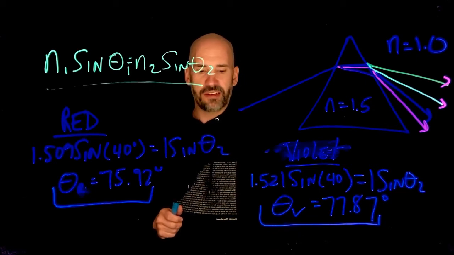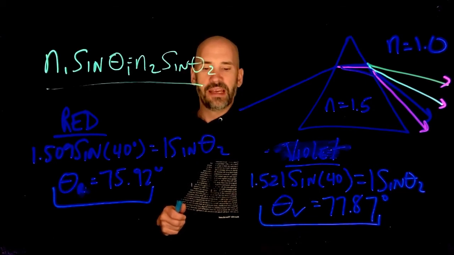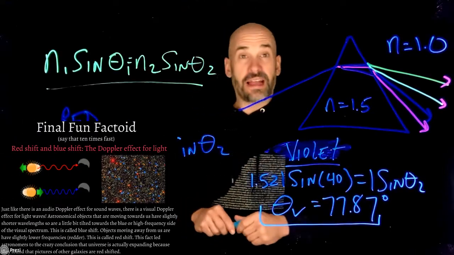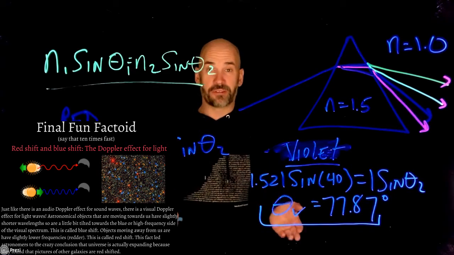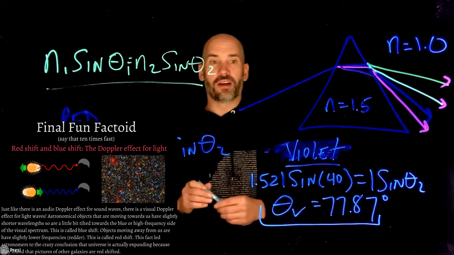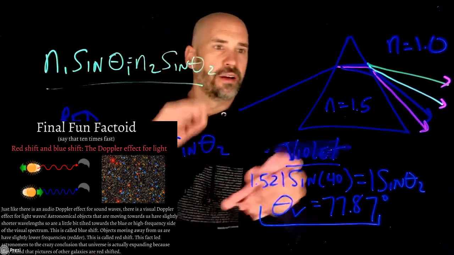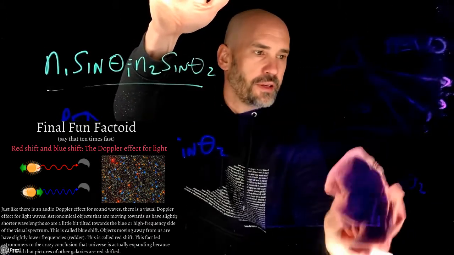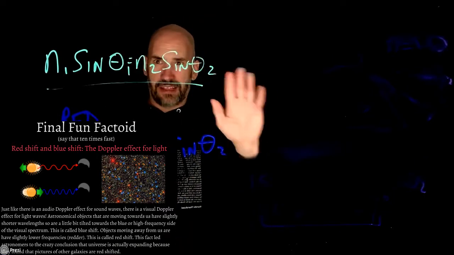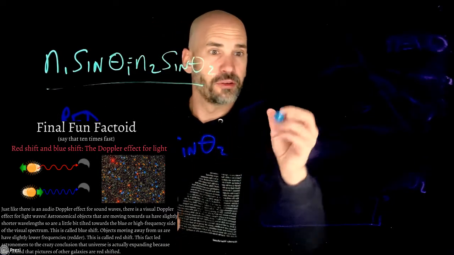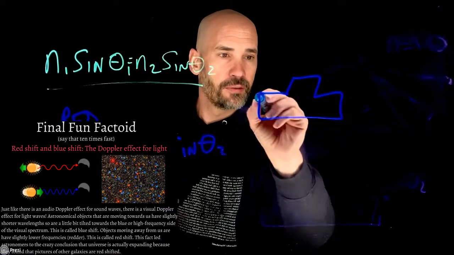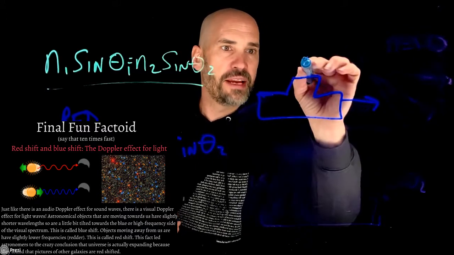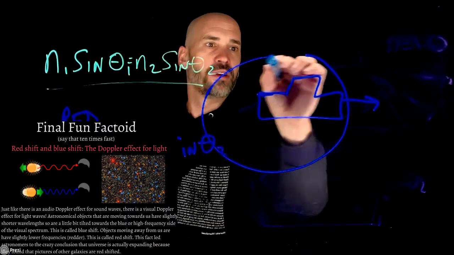I suppose I should end here with one little fun factoid, and that is this idea of redshift and blueshift, okay? Now, last semester, we talked about the Doppler effect for sound, right? That's like this thing where if you're a vehicle racing at some speed, laying on the horn, let's say, or having a siren, so here's your little car, and you're moving this way, but you're emanating these sound waves, so you have this cool effect where